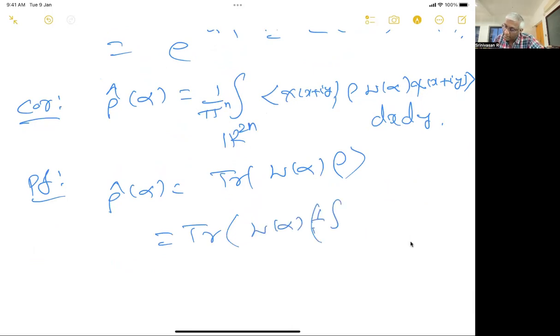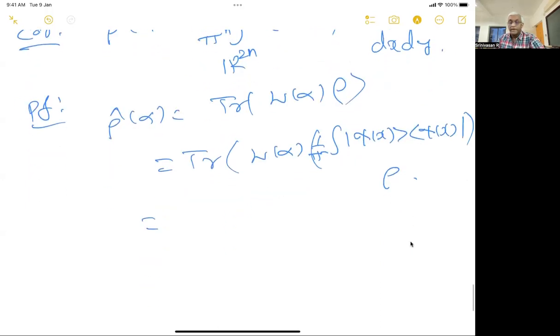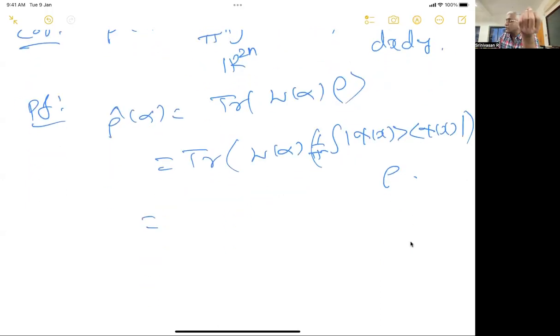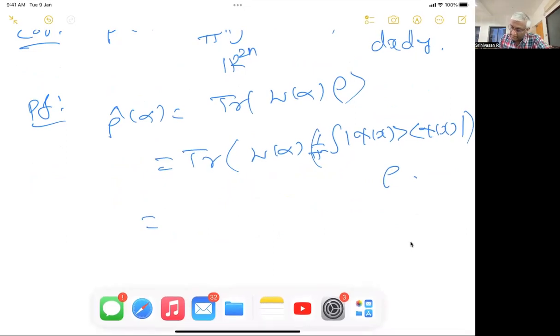The integral of 1 by pi power n, pi x, kx. I insert that integral times rho. Now trace is linear and trace is also continuous. This was in the exam, as I said, and it's also an assignment, I believe. If T lambda converges to T weakly, which is what we proved in the exam,